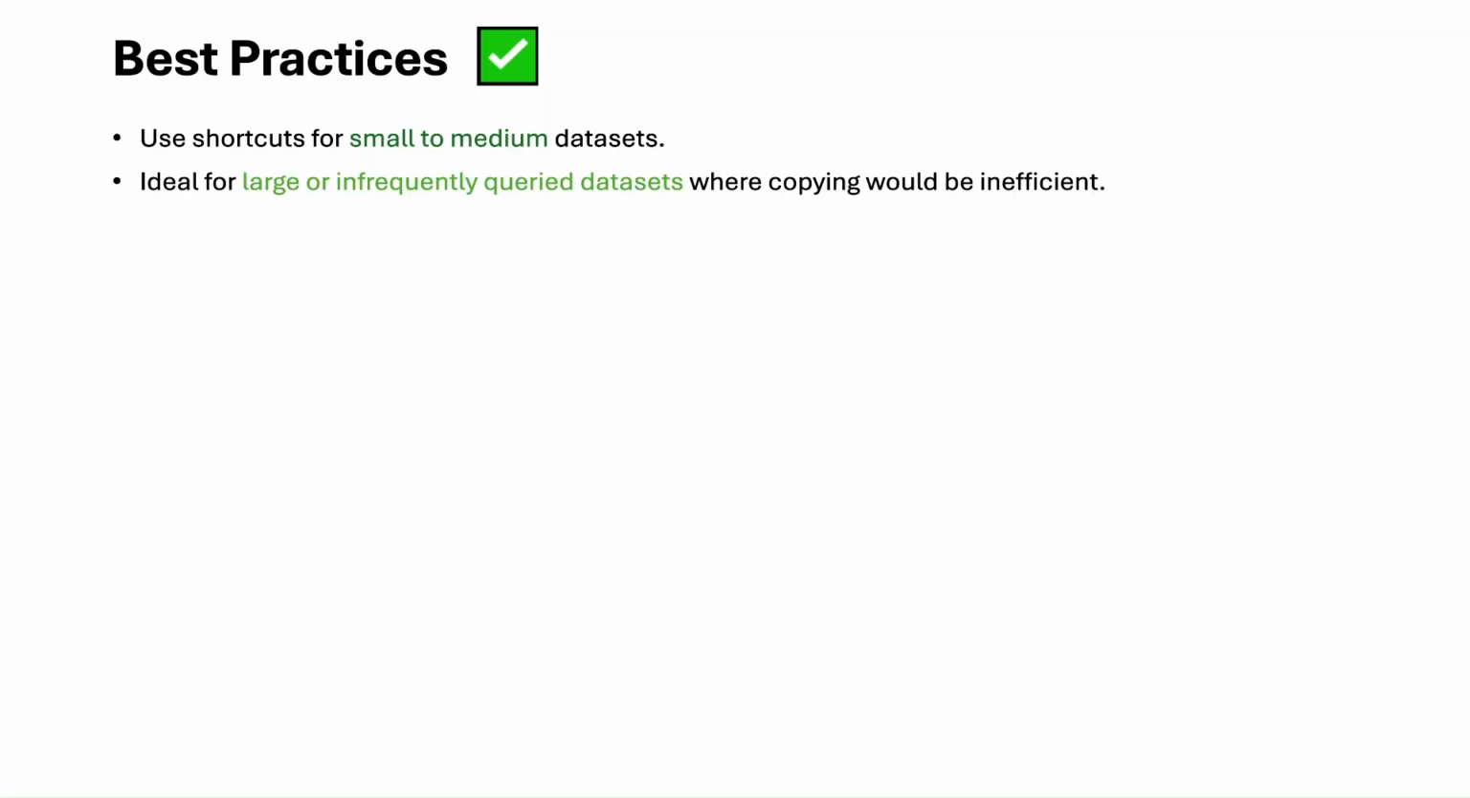Let's see now best practices. Use shortcuts for small and medium data sets, not for large data sets. That is the first and foremost thing you should keep in mind. It's ideal for large or infrequently queried data sets where copying would be inefficient. So